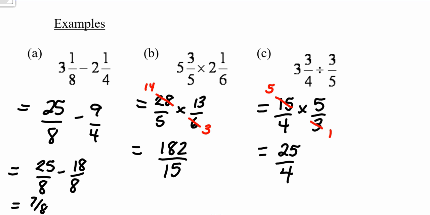And again, you can leave your answer like that. Again, you don't have to do the canceling. You can just multiply the numerators, multiply the denominators, and simplify at the end. It can just make your life a little bit easier in terms of working with smaller